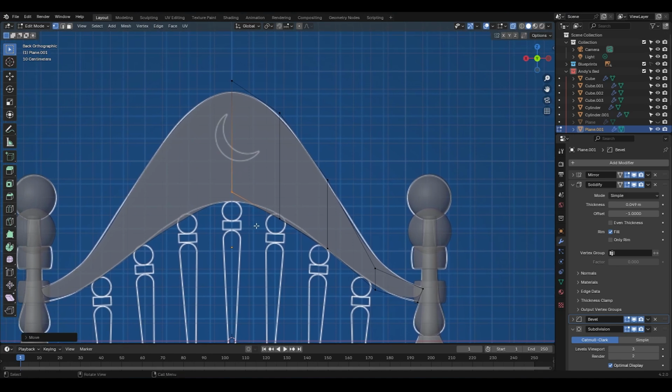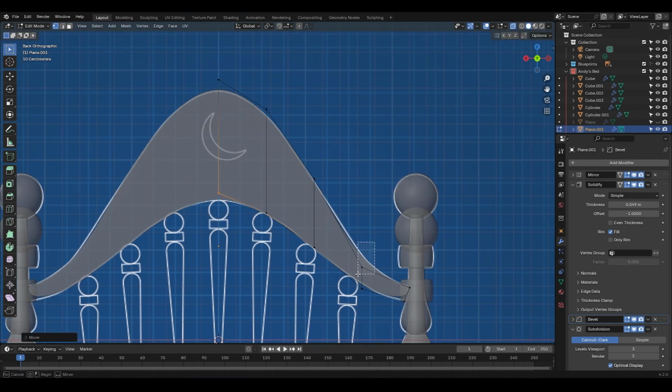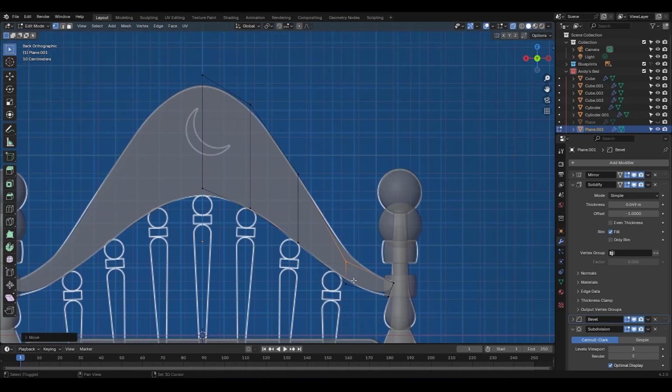Alright. I'm going to adjust this vertex position a bit, bring this one higher, and tweak this one's position again. This one also needs a slight adjustment. You know what? Since the curve in this section is a bit too steep, I think we need another edge loop here. So I'm going to add an edge loop in the center